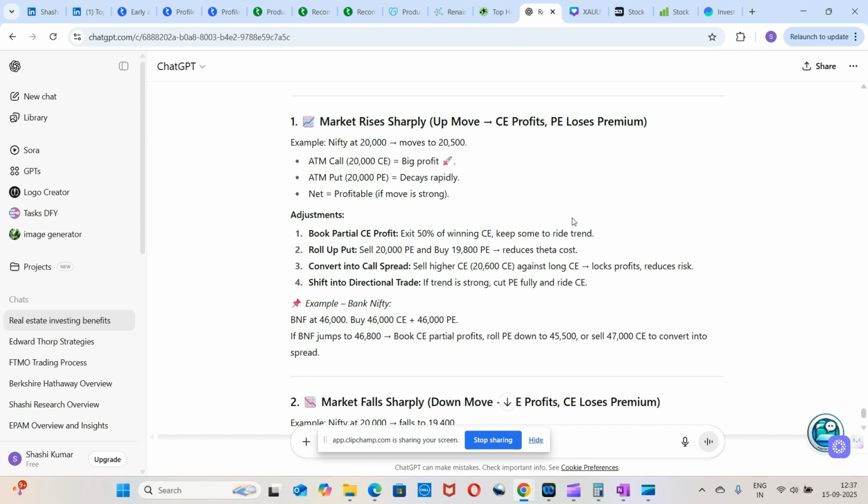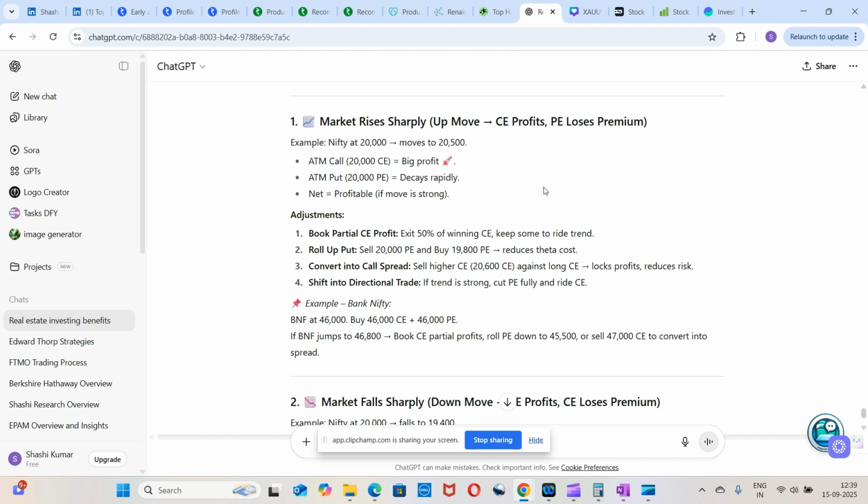Then you keep the put. So you could roll up a put when you feel like the market is going to revert back from the up move. Then you could do a roll up of the put, so that you could cover some of the losses that are done on the put. But yeah, if you made profit, then just exit the trade, okay?